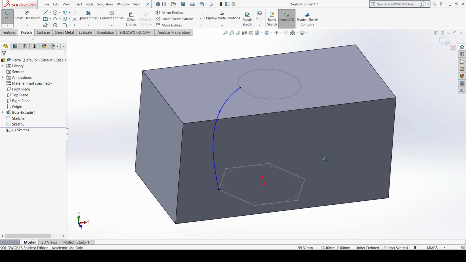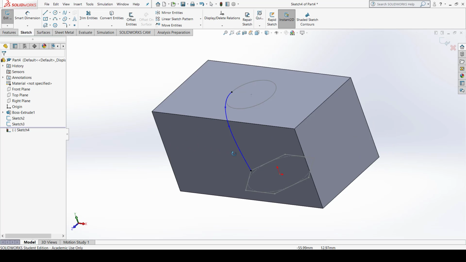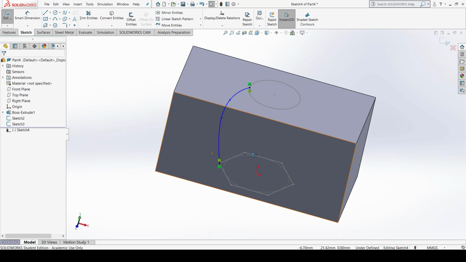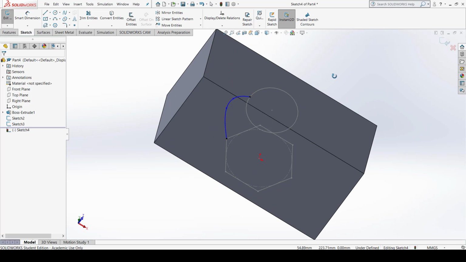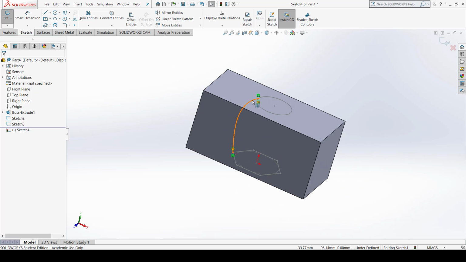Okay, and if you have any radius values, you can give the radius values so that it can be fully defined. If it is not fully defined, no need to worry, we just have to learn how to apply the command. Okay, so this is how you can define the guide curve as per your convenience, and make sure the ends of the curve are pierced with the two sketch profiles which we created on the bottom and the top surface of the component. Okay, so this is how you can define the path.